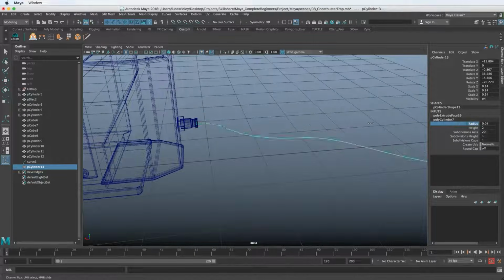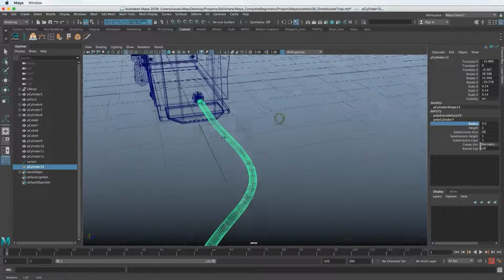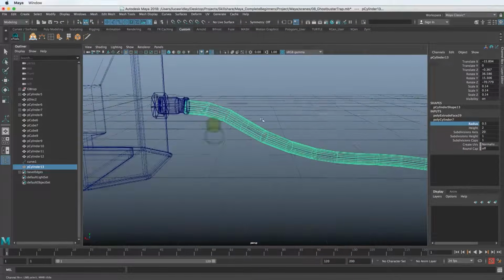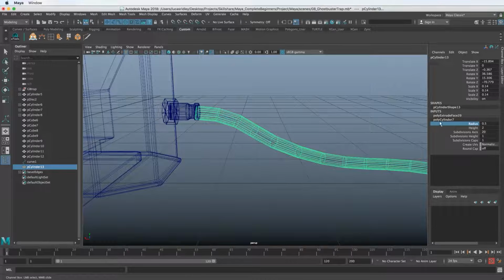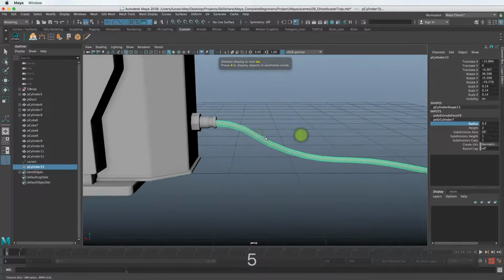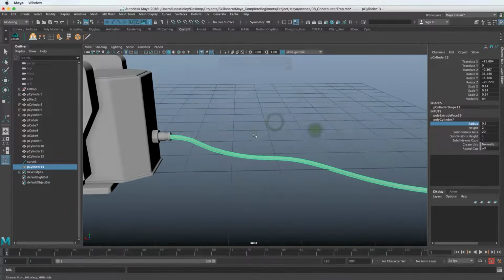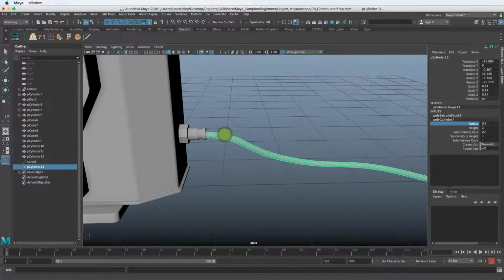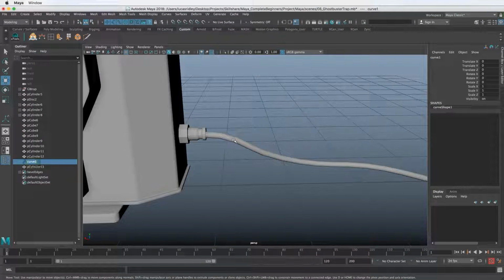the original radius. That's a super nice thing about keeping the history: even though we've done a lot of things to it since we created the cylinder, this first piece of history takes precedence, right? So we can still change that. I'm just going to hit 5 so we can see this in shaded mode. And the only other thing I might do is rebuild the curve again so that we get a little more definition here in the chord.